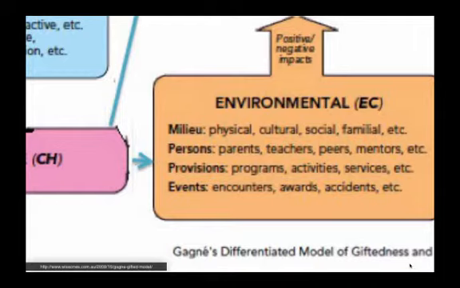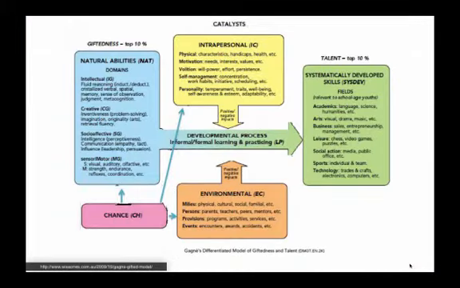Being able to recognize these abilities and provide the academic program that these children need plays a major role in the talent development. If these catalysts interact in a positive way, the child will realize his or her contributions to self and society. The child's talent will develop. However, if these catalysts interact in a negative way, the child will not reach his full potential.